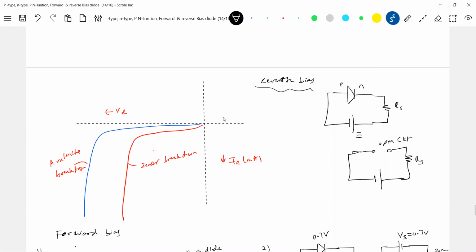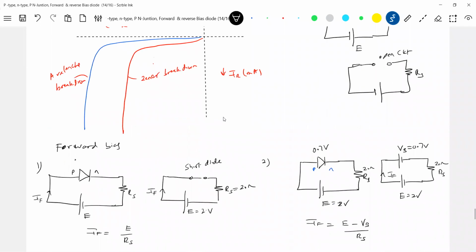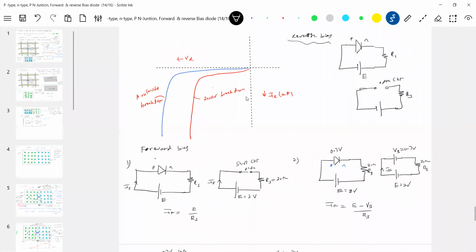So you get plenty of numericals where for reverse bias you put an open circuit, and for forward bias, a short circuit. I think you have plenty of numericals; today, if you want, you can try them. If they write anything like 0.7, replace it with a cell and work it out. So these are the approximations we have.